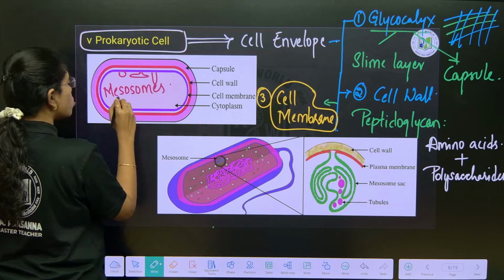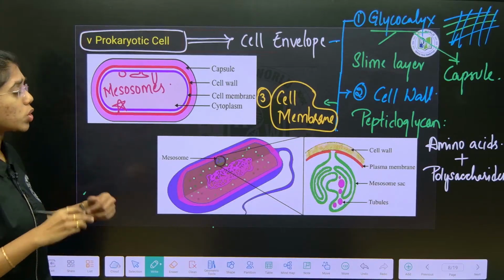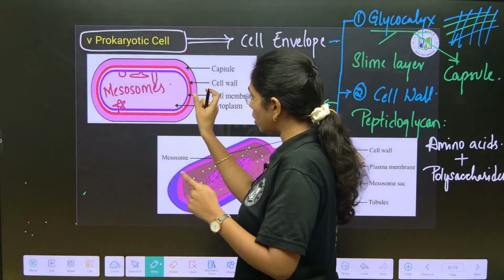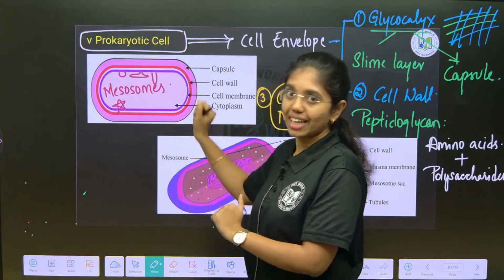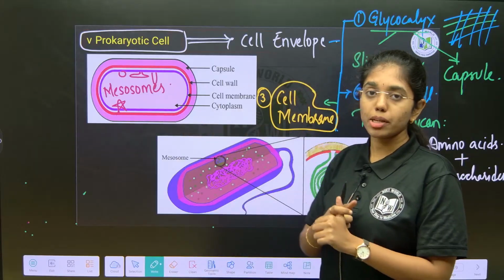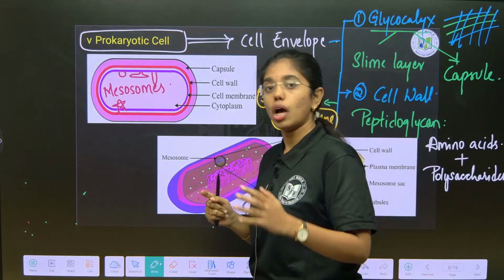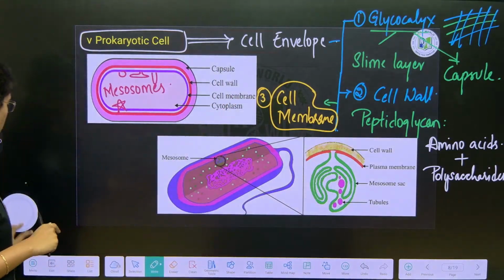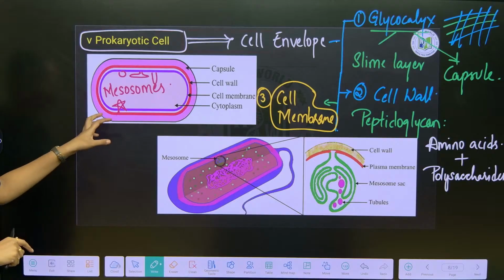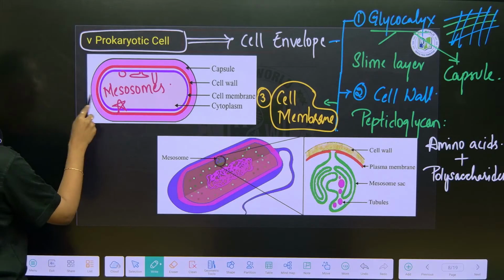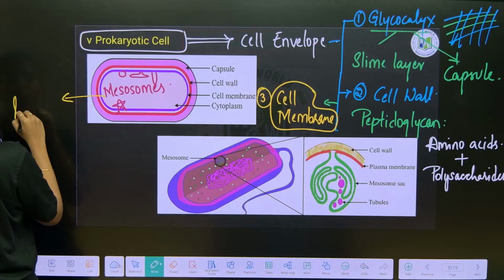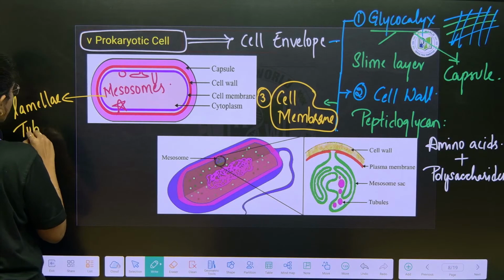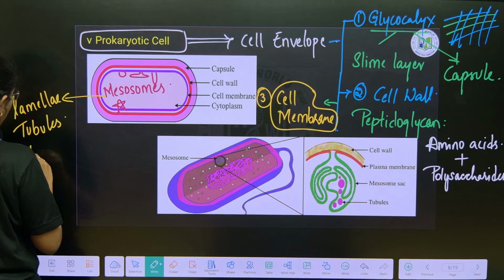Mesosomes are very important, beta. Mesosomes are quite a times asked question. You can say it is a hotspot segment of the prokaryotic cell, wherein from mesosomes you got multiple questions, even in your NEET PYQ might be, even in your EAPCET might be. Important. So here, mesosomes can be in the form of lamellae, or tubules, or vesicles.